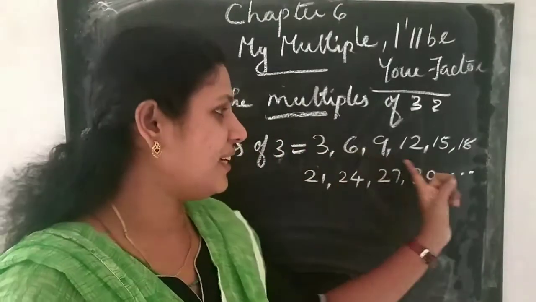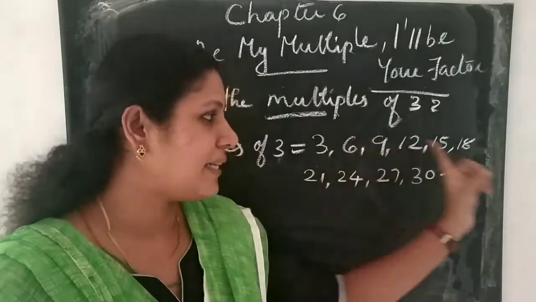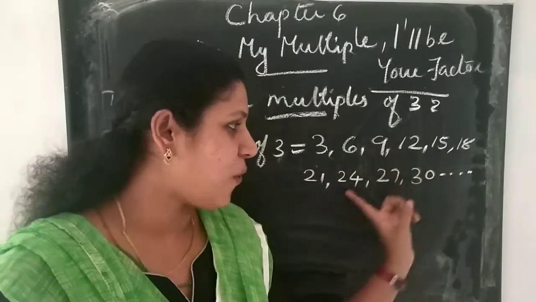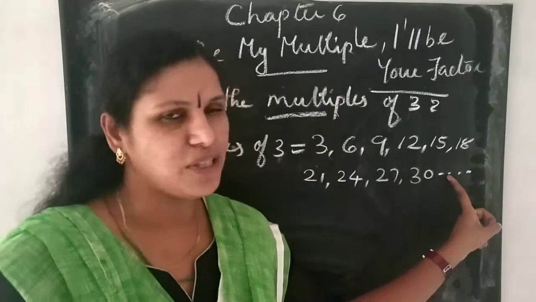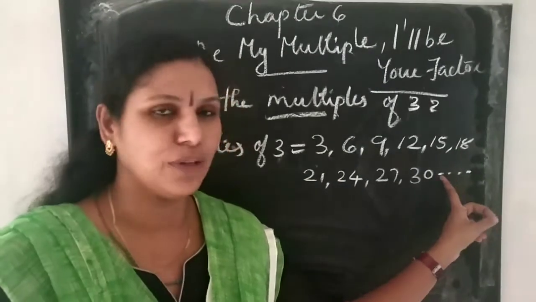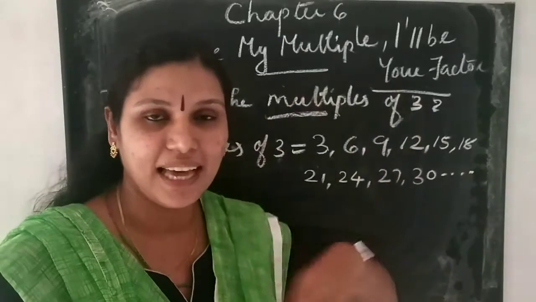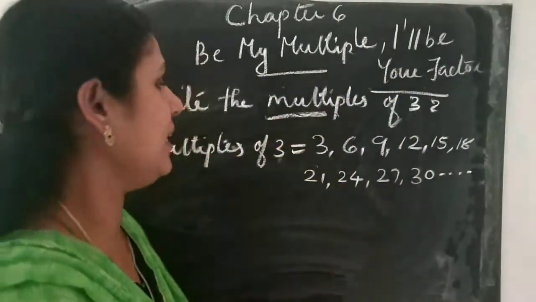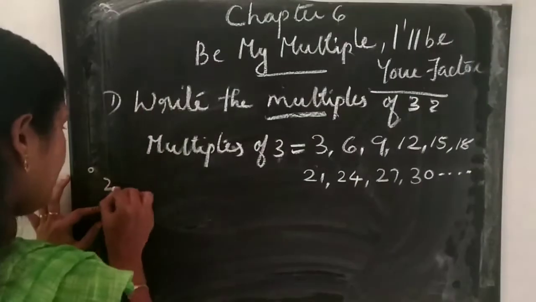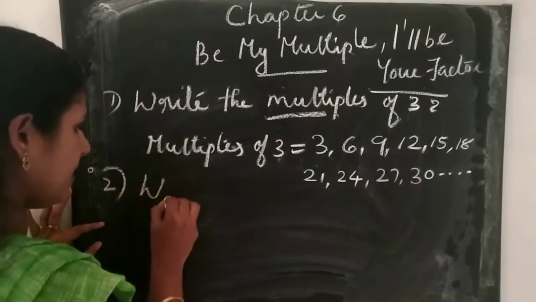For multiples of 3, you just write the multiples of 3 and put three dots at the end, since the process goes on. Okay, understood? Now our second question is, write